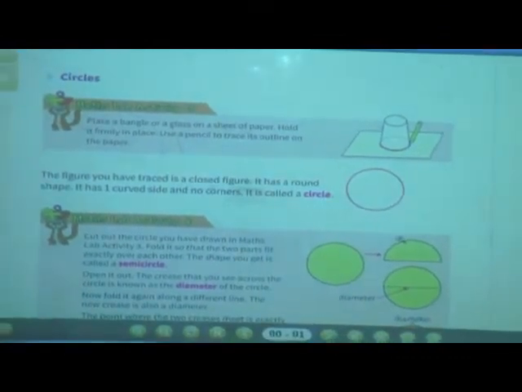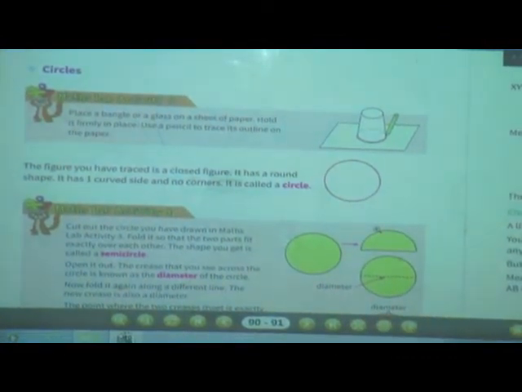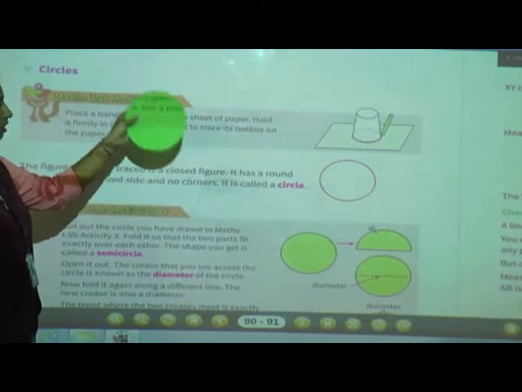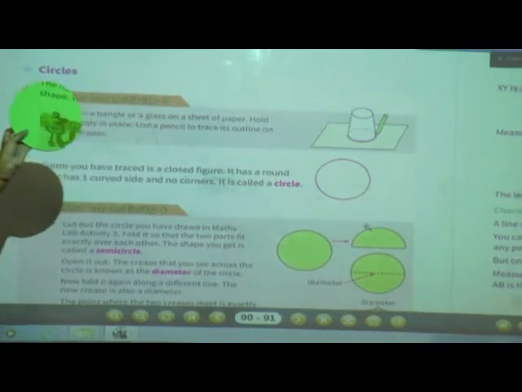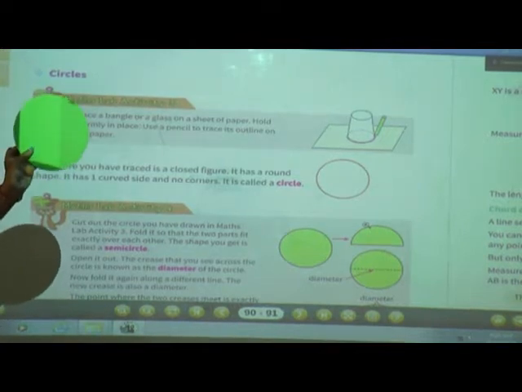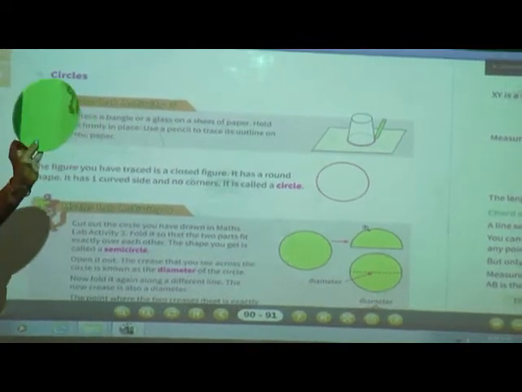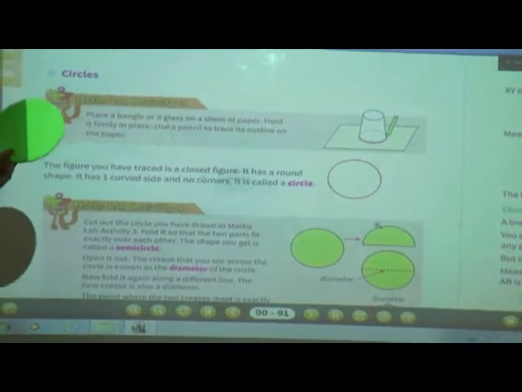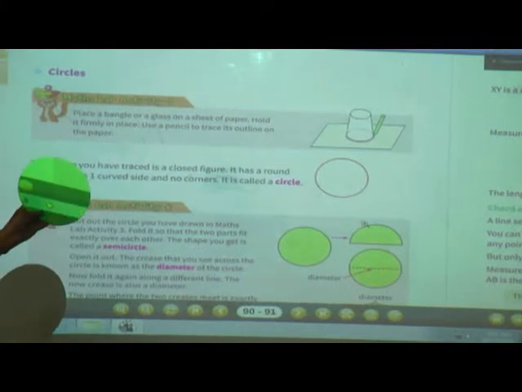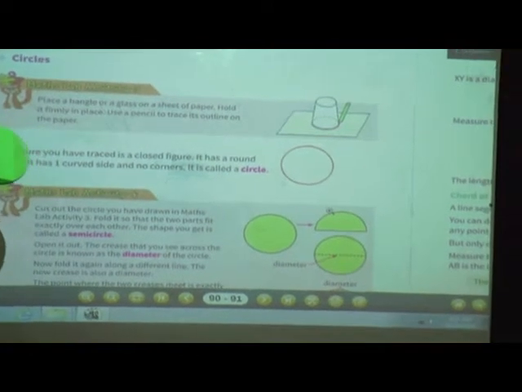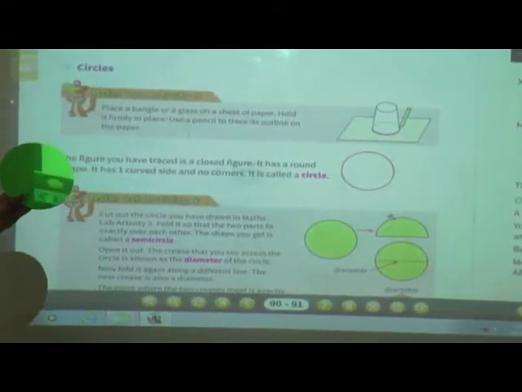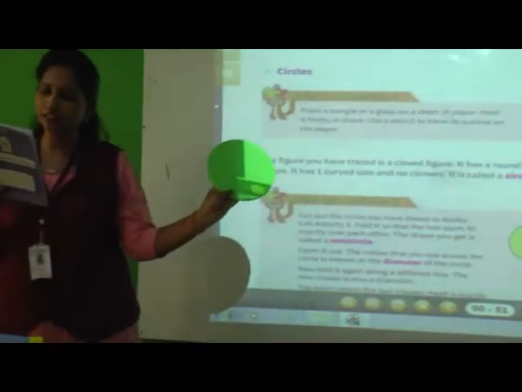Yes, what you can see is the heading circle, isn't it? Can you see what this is? Yes, circle. See, a circle is a round shaped figure that has no corners and no edges, isn't it? And there are various things around us which are in the form of a circle, such as the full moon, bangles and bicycle wheels, etc. They are circular in shape.